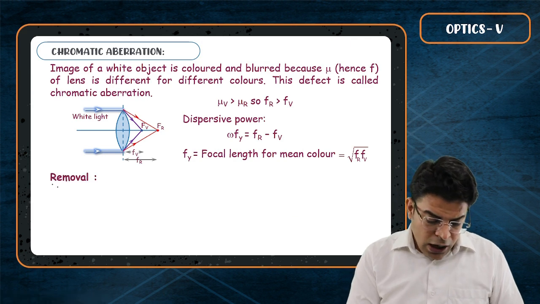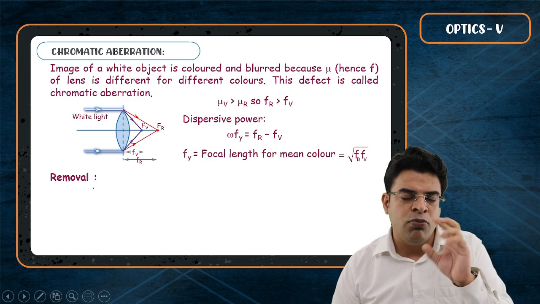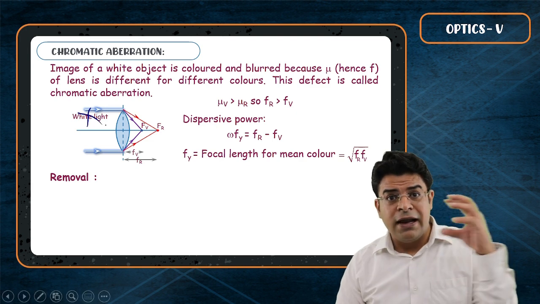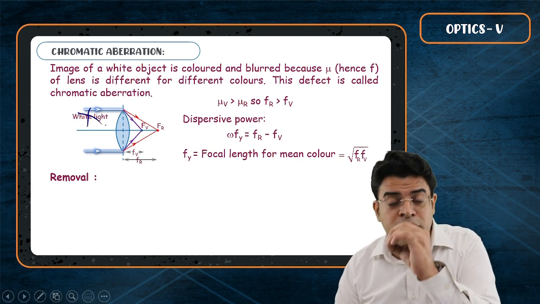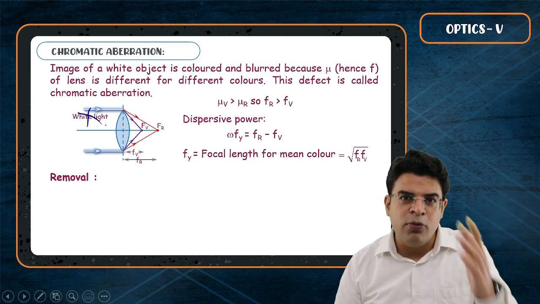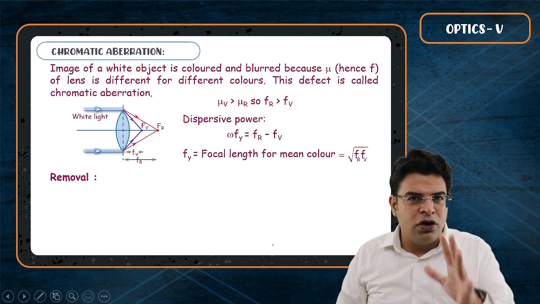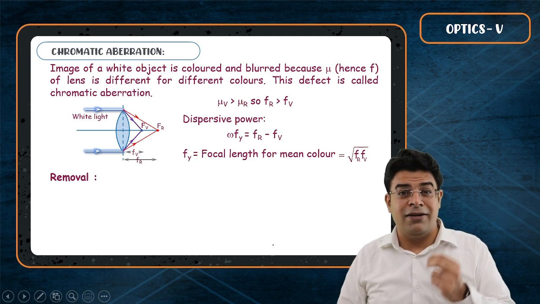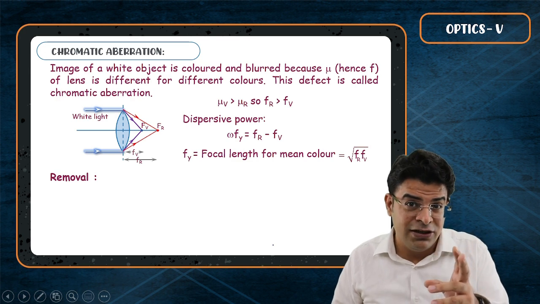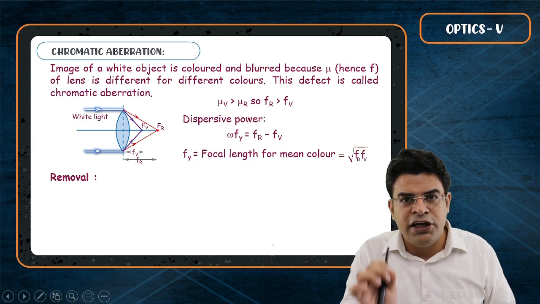Now, bachcho, how to remove chromatic aberration? The best way to remove chromatic aberration is to use monochromatic light. If you use only red light rather than white light, the red light will converge only at one spot and you will get a bright image, a non-blurred image. So how to remove chromatic aberration? Remove different colors, use a monochromatic light. But this is not what we want. If we use a monochromatic light, you will have to look at the images of everything only in a single color. So physicists use a different method, and that is called achromatic combination of lenses.